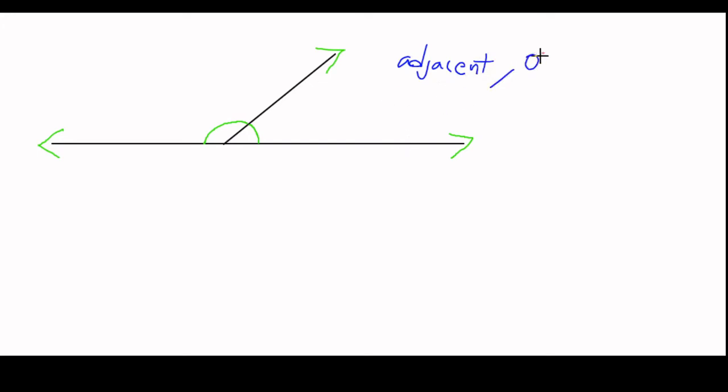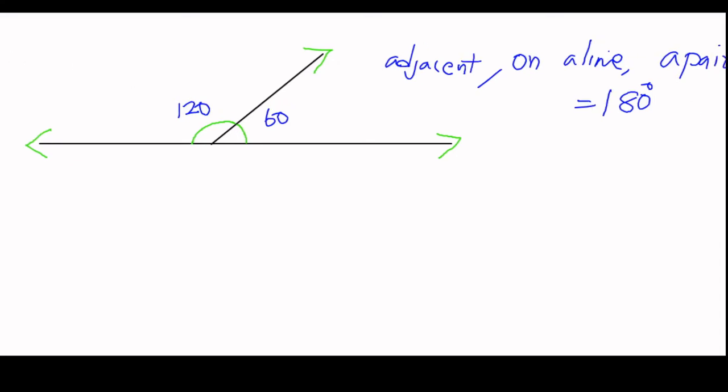Again they are adjacent angles, because adjacent angles are those angles having a common arm and the angles lie on either side of the common arm. But these adjacent angles have the peculiarity that they are on a line, right? And their measure will be 180 degrees, we know from its appearance itself. Roughly, I am not measuring it, suppose 120 degrees and 60 degrees. So the total of 120 degrees and 60 degrees together make this angle 180 degrees.